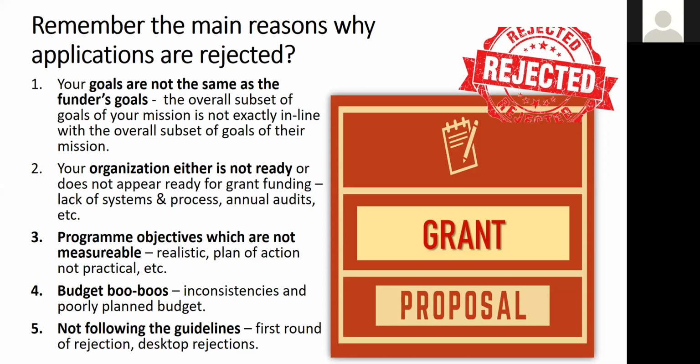Not following the guidelines. This is important. This is what we call a desktop rejection. There are certain guidelines the funder would have given on the website. Read. That is the first document you've got to read: the submission guideline. If you do not follow that, it's a first round rejection. From 100 applications, you will find 50